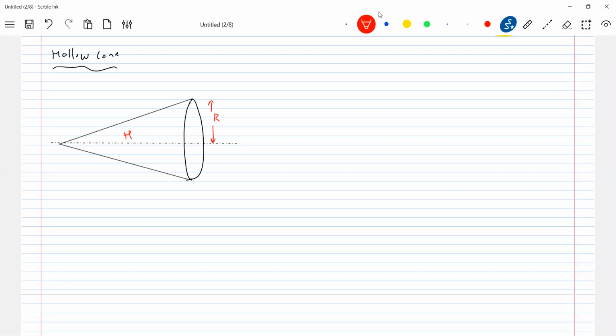Here the mass will be present on the surface, no? Like a cone ice cream. During birthdays you wear that cap, no? That was this hollow cone. Or a cone with ice cream is the solid cone. When you scoop out all that ice cream, only the cone will be left, no? What about its center of mass? That's what the structure is.